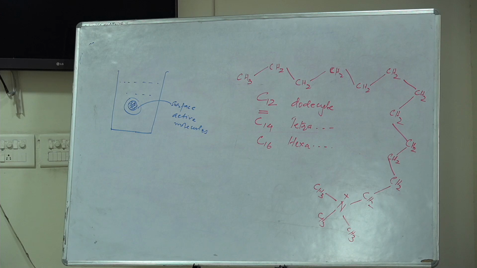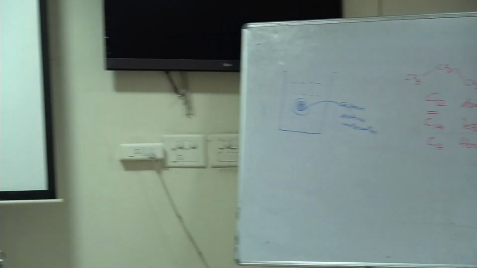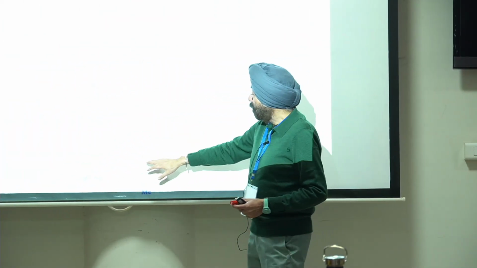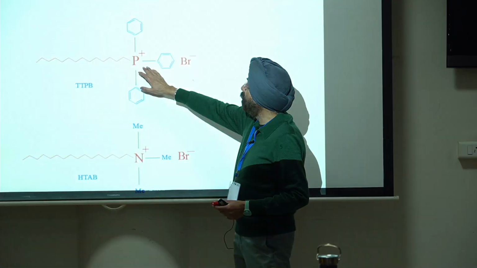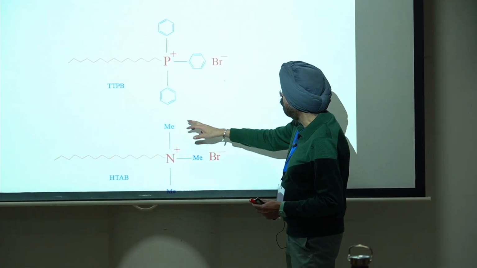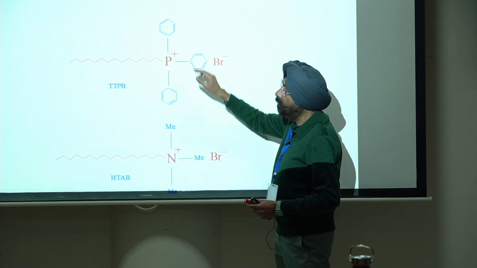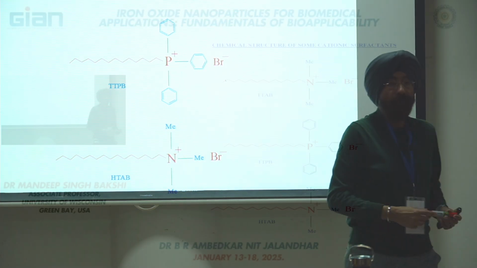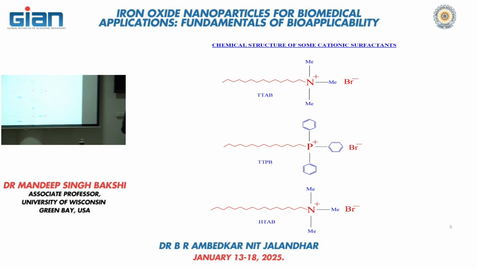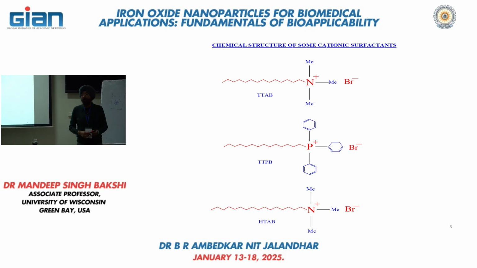The rest of the nomenclature, where we have to know what kind of ion or cation it is, is related to the presence of a particular element, which has the quaternary structure. Here you see the nitrogen, ammonium, and here it is the bromine. And then you see the phenyl group, and here the methyl groups. So these terminal groups could be anything. Most of the time they are identical, or they could be non-identical or different